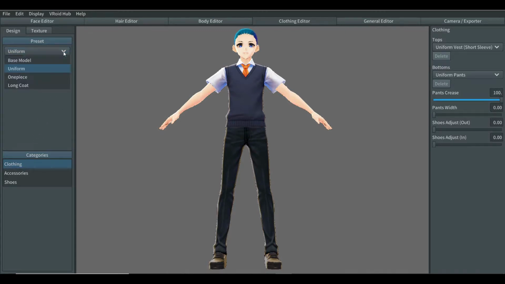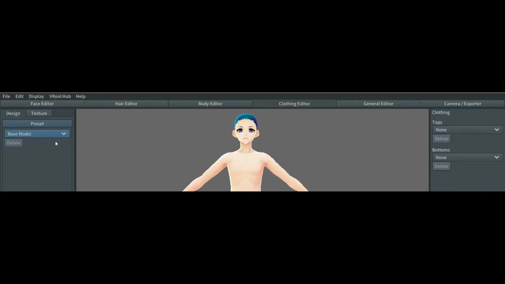Today's video will be a tutorial of VRoid. In the previous video, we started with the face editor, then we continued with the body editor. Now we will start with the clothing editor. In this tab, selecting clothes is easy, the only thing that you need to look at is this. For the sake of the video and the content, I will only be showing this view only, for very